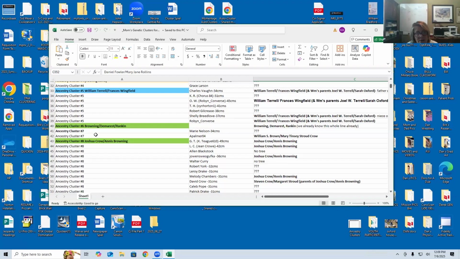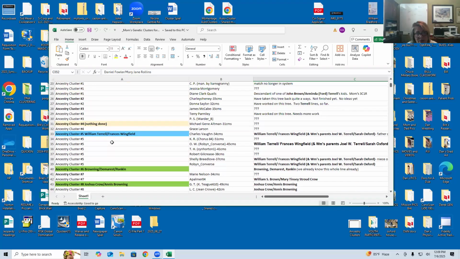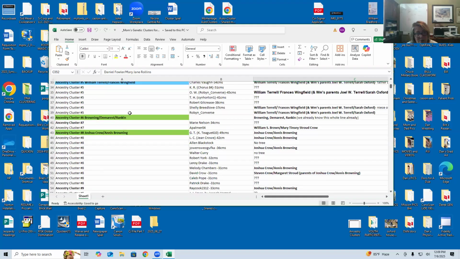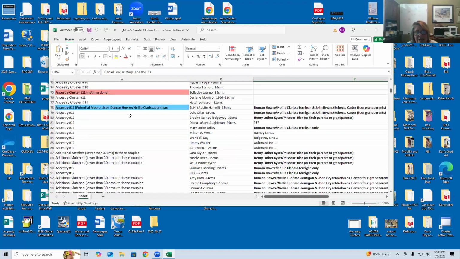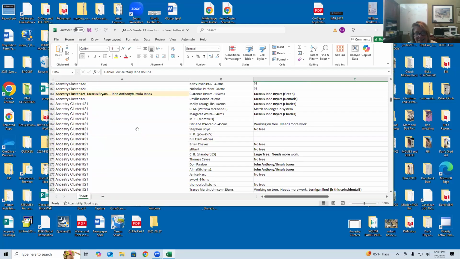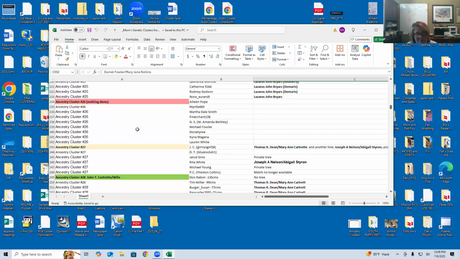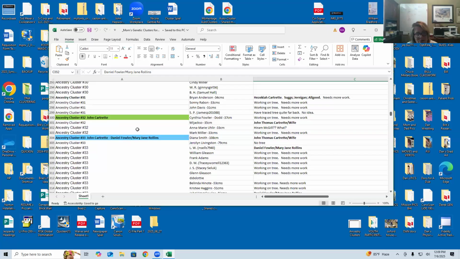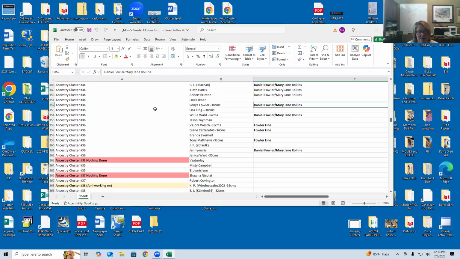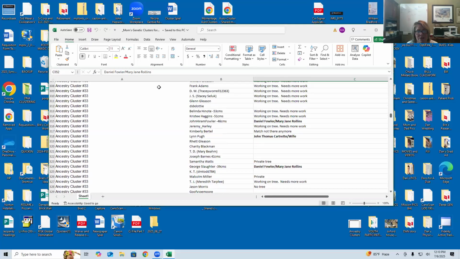So for example, this couple, they are on my family tree. This couple's on my family tree. Many of these couples are already on my family tree. And so that's just a confirmation that I absolutely do tie back to them genetically. Okay. But when you have a brick wall, that's where clusters can come into great benefit. So let me go to this particular cluster. Okay. So this is, let's see, cluster 36. Let me see. They're also in cluster